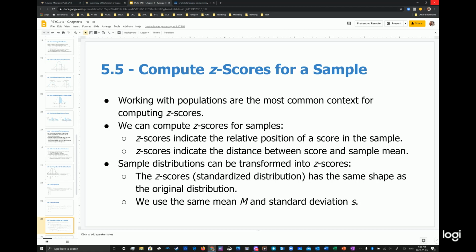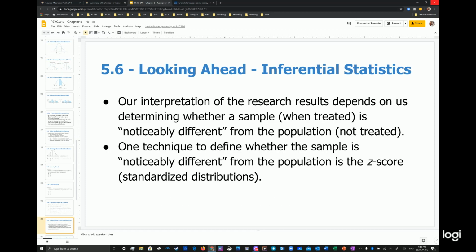As the points say, a z-score indicates the relative position of a score in a sample, and you can still use z-scores to indicate the distance between a score and a sample mean. So yes, you can use statistics, in this case sample values like the sample mean and sample standard deviation, to get a z-score. It is possible, but rare or less common. Looking ahead then,